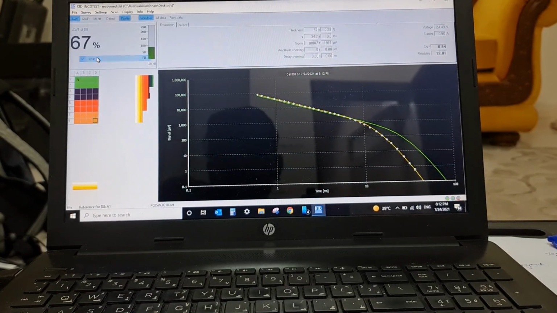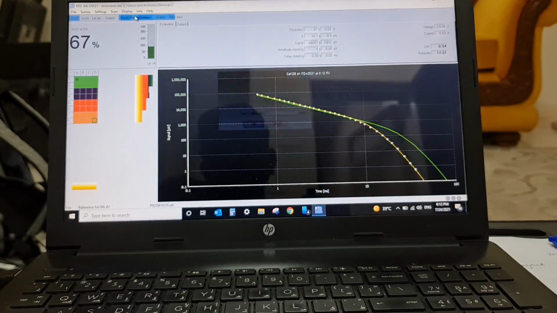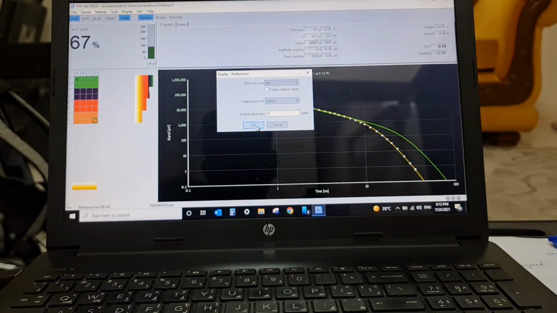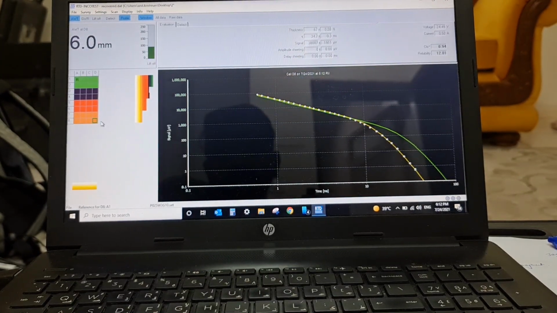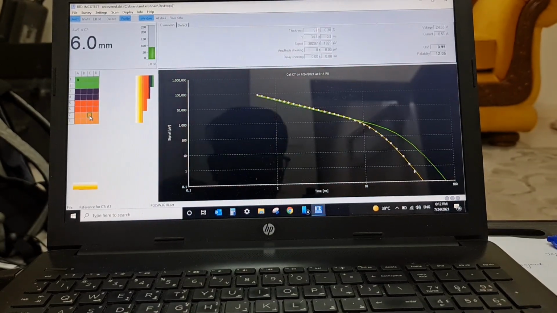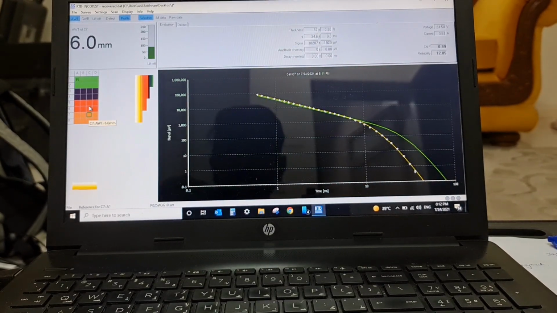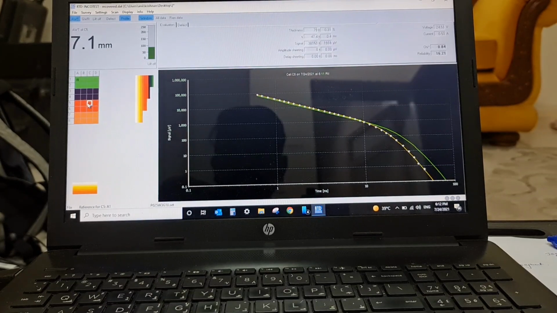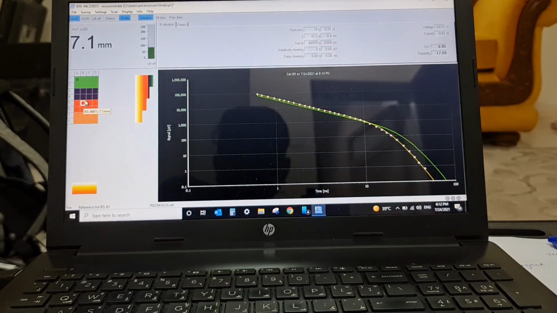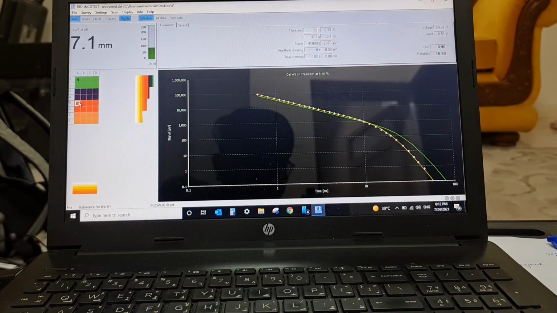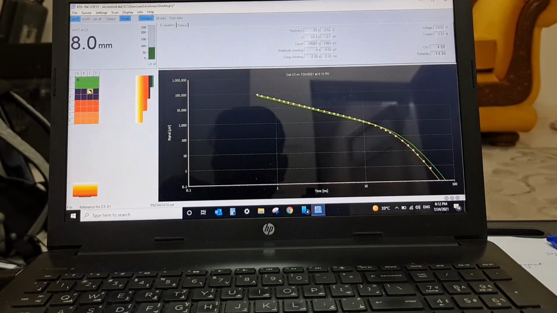Now let's see the thickness reading, the comparative thickness reading. In this case we are very confident because we know the actual thickness of the reference. So let's see the reading. This is the amazing part of this equipment. What we got is almost the same as the UT thickness reading.